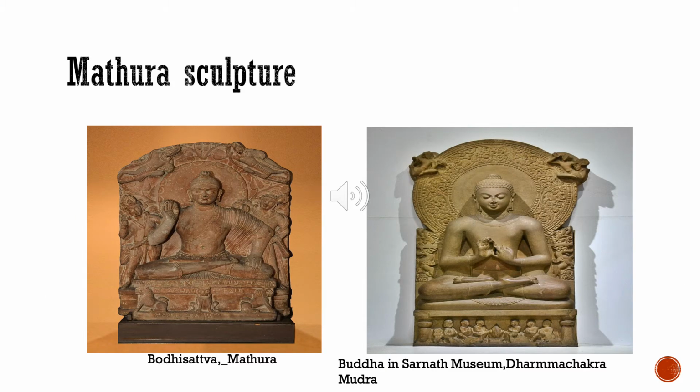In this slide you can see the Mathura sculptures. The idea of both schools was the same, that is the propagation of Buddha and Buddhism related themes, but the artisans were different. One is of Gandhara, one is of Mathura. Mathura is in the central part of India, and Gandhara is on the outskirts of the Indian subcontinent, in present Afghanistan. So the mindset and the skill set of the artisans were different, and you can see it in the sculptures as well.